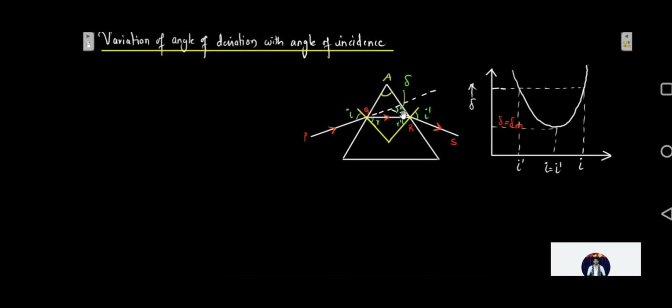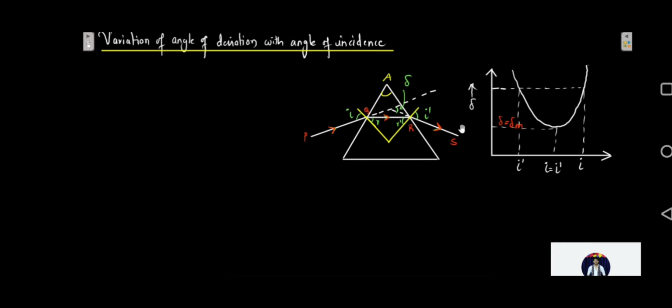That means the deviation between the incident ray and the emergent ray is going to become the least possible for that material and for that light. It will become least at some particular angle of incidence, and after that particular angle of incidence is crossed, if you still increase the angle of incidence more, now your deviation is going to increase more and more again.